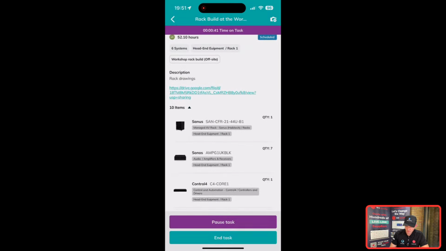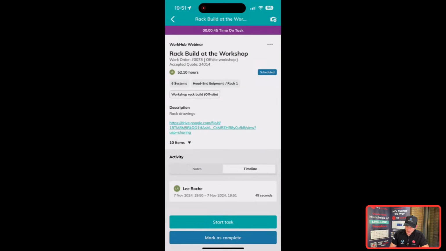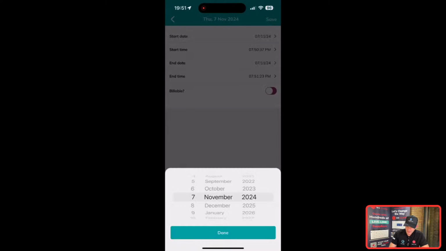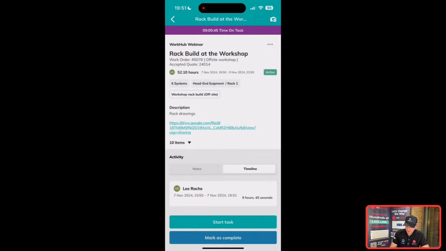And then once the job is finished, they can just say end task. It tracks their time against it, and you'll see there's the time entry there. I could actually mark this off as complete, or maybe I've made a mistake with my time. I can edit it. I can go in here and say, obviously, the start time, start date. So I could say I made a mistake on the time, put longer hours in, and then you'll see then I did 9 hours 45 minutes on it, and I want to mark this task off as complete,